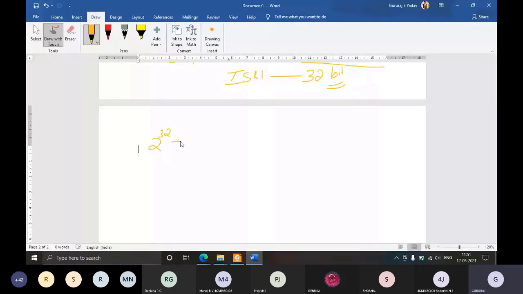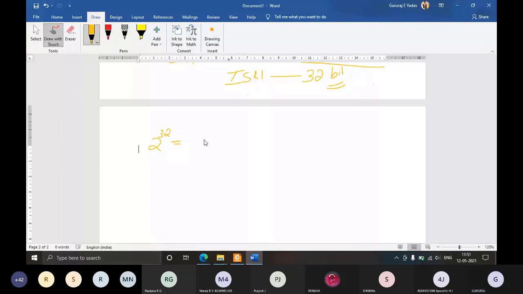So in the first introduction class, I had told, what do you mean by data bus and address bus? So how many address lines are there? Depending on that, you can decide how much memory a processor can access. Since Cortex M3 has 32 address lines, it can access up to 2 power 32 memory locations,